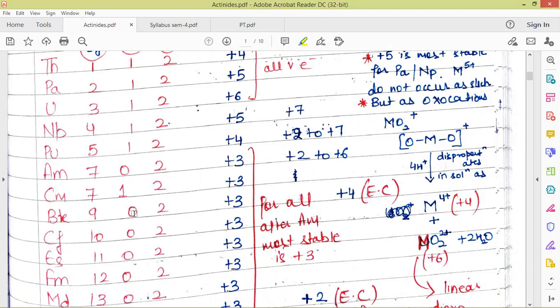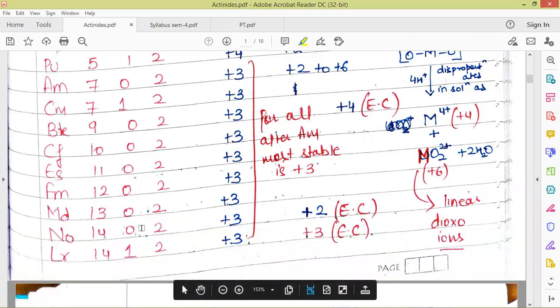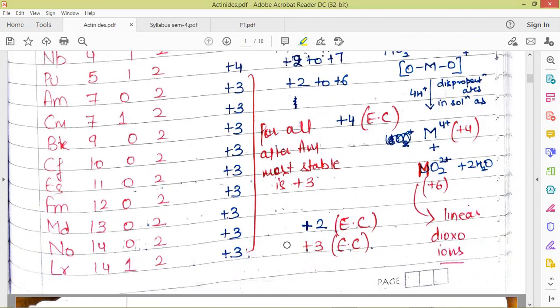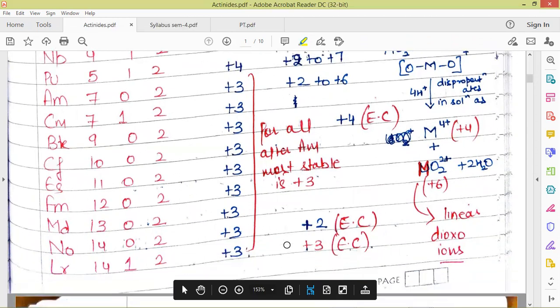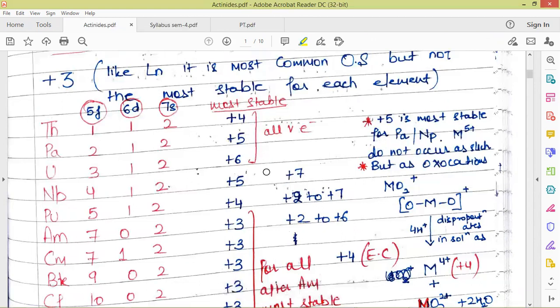berkelium. This is based upon the electronic configuration: after losing 4 electrons, it is going to achieve exactly half-filled configuration for the 5f subshell. So that is why +4 is also there for berkelium. And for nobelium, it is +2, based upon the exactly fully filled electronic configuration of the ion. And for +3 for lawrencium, again the exactly fully filled 5f subshell is going to be left after loss of 3 electrons. So that is why these oxidation states exist in addition to the most stable, based upon the electronic configuration.